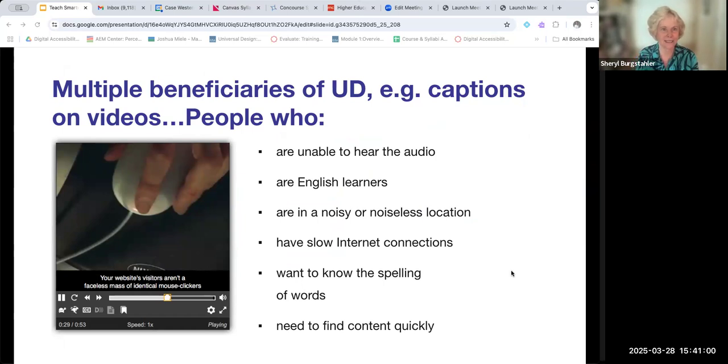Many of us in a new class will be learning new vocabulary, and so having those words spelled out multiple times, including on videos, is really a benefit. And also you can find the content quickly if you have a device that will present those videos. So you can skim through, you can sort through all of the captions and find the content you're looking for. So on the next slide,